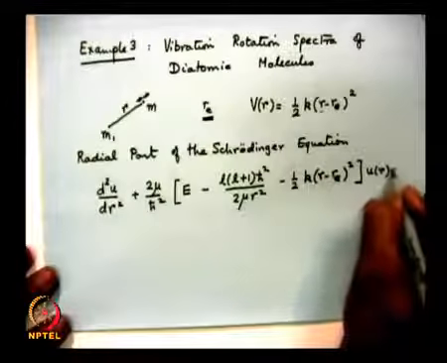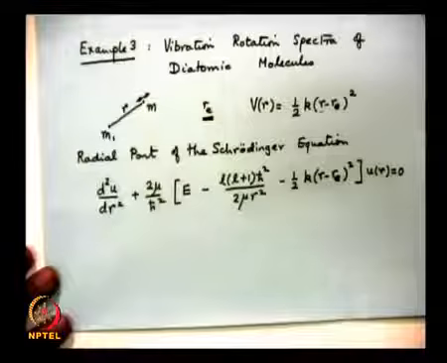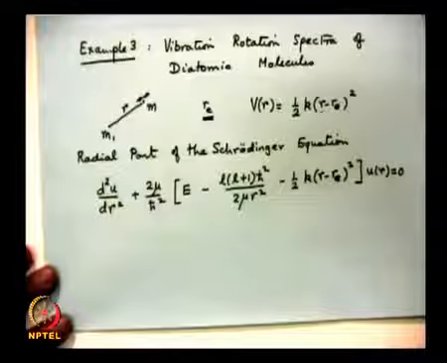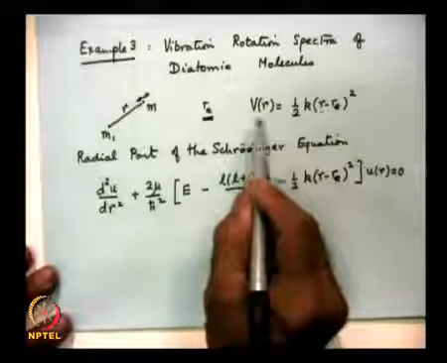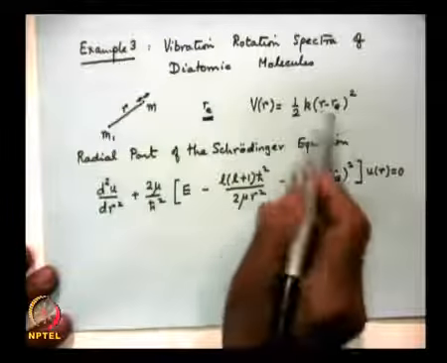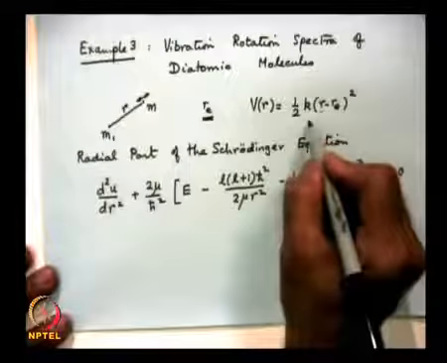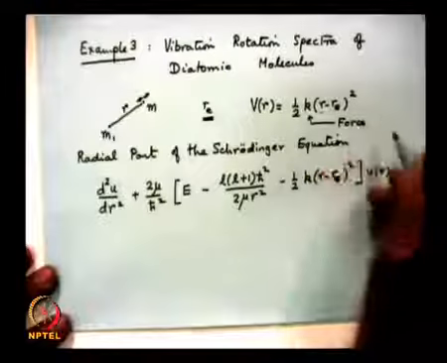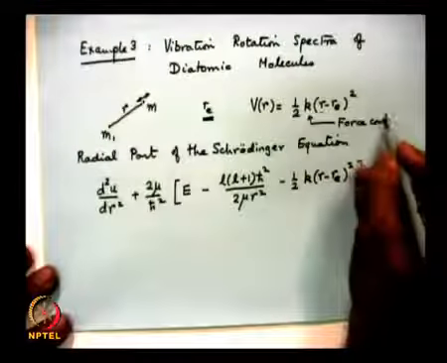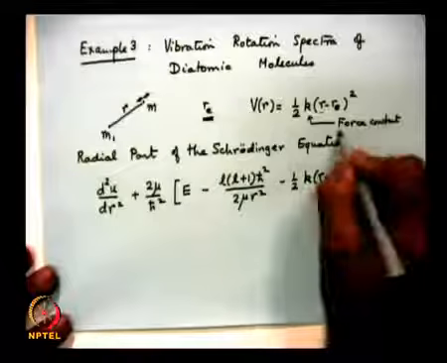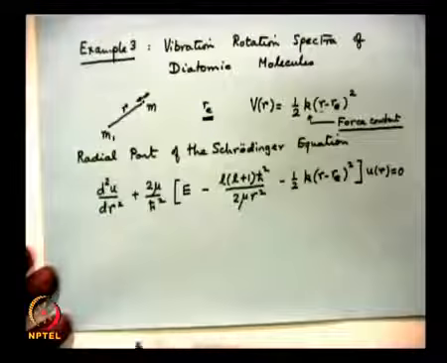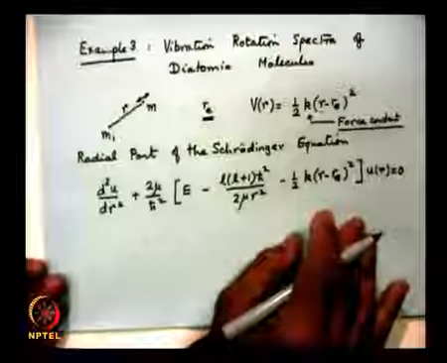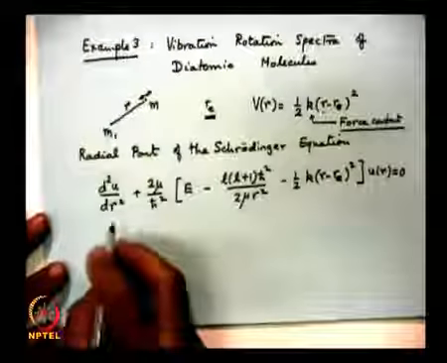This is the Schrödinger equation describing two atoms which are held together by a Hooke's law type of force, such that the potential energy is half k (r minus Re) whole square. This k is known as the force constant. Now let me look at this term. So what we will do, in order to solve this equation, is